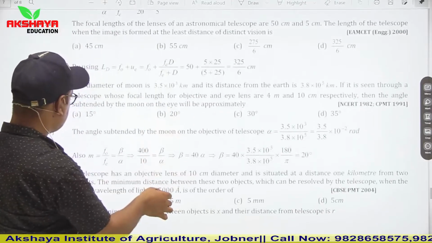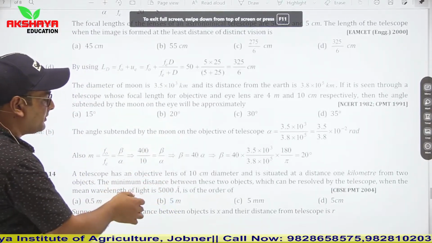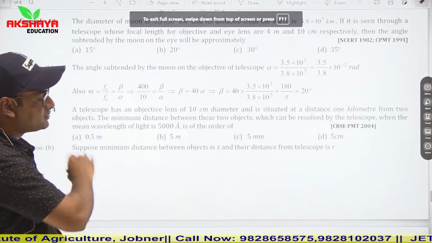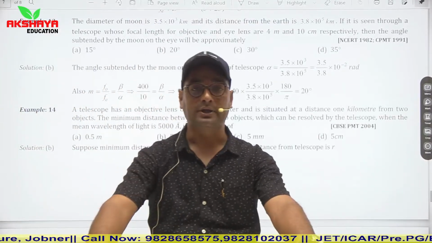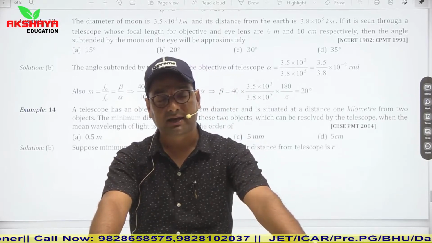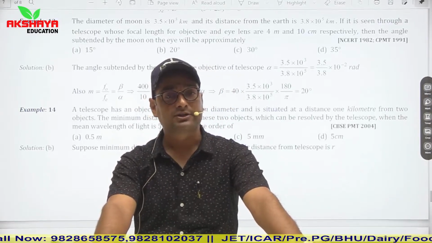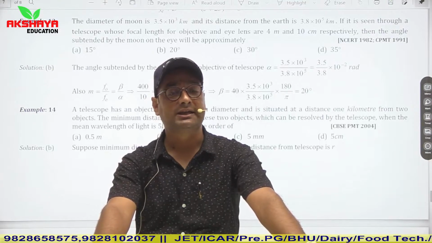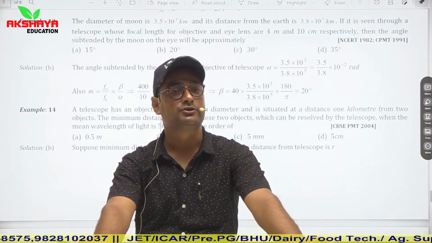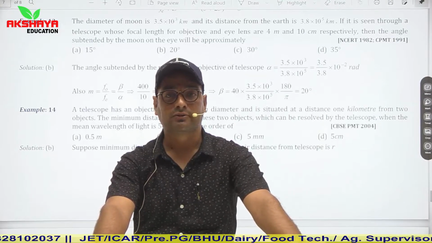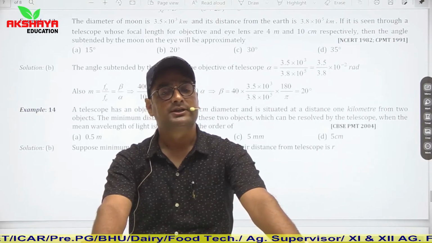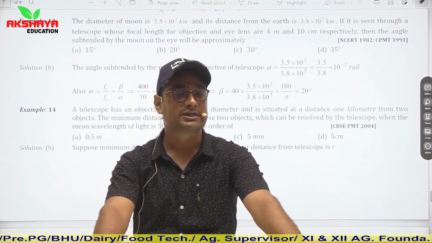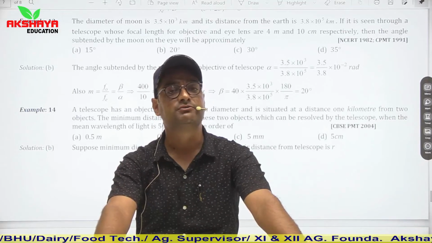So now note down these questions. These are all based on telescope. So that's it from today's topic. So students, today we have discussed optical instruments, how pattern of questions are asked, and how magnification of microscope, telescope varies and can be asked. Resolving limit and resolving power is also a very important topic for your competitive section. So that's it. Students, in the next lecture we will discuss our next topic of optics, which is wave optics.